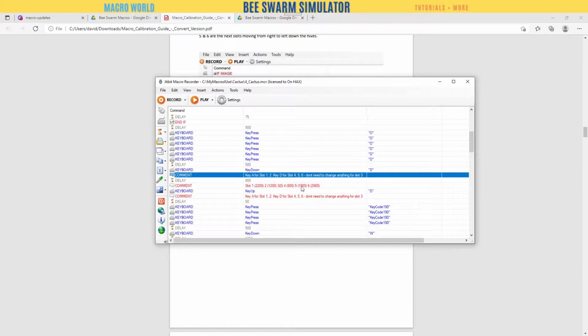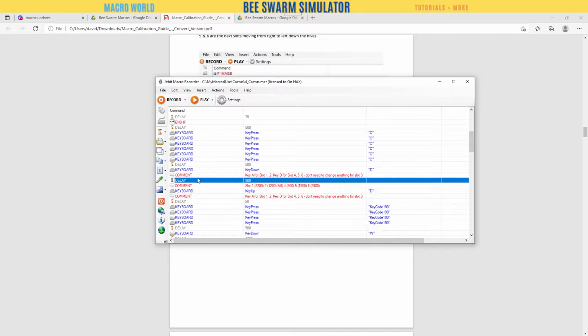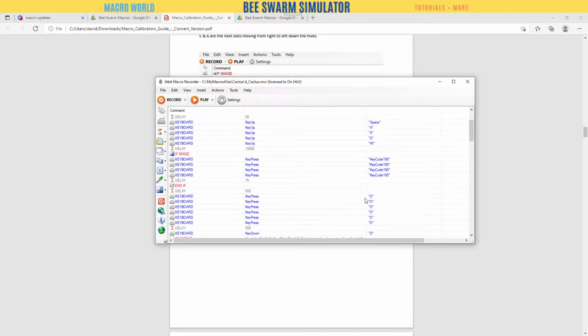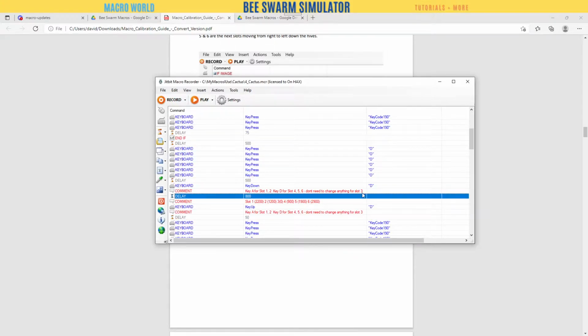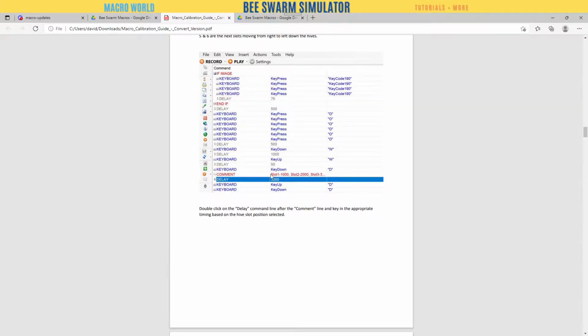here it is, and I tell you exactly what you need to do. So if I want to change it, this delay that he's talking about, usually between 2 letters, DD or AA. This delay usually always has a comment. Is the delay after all these O's? Okay, D and A is what you need. You need to change that delay depending on the hive slot that you're in. Mine is slightly different because I made slight adjustments and I didn't update my comment. Okay. Well, anyways,